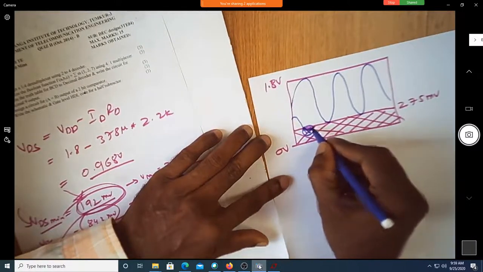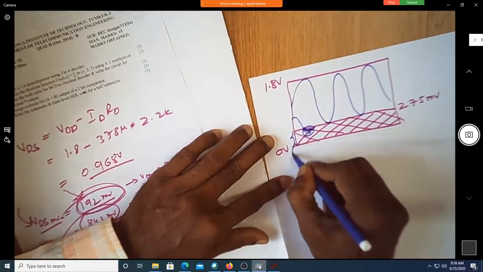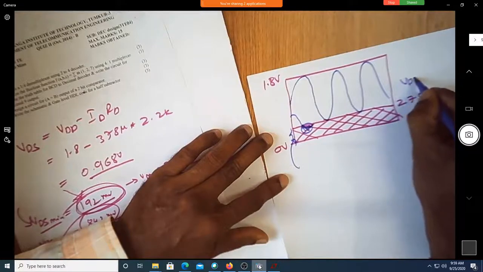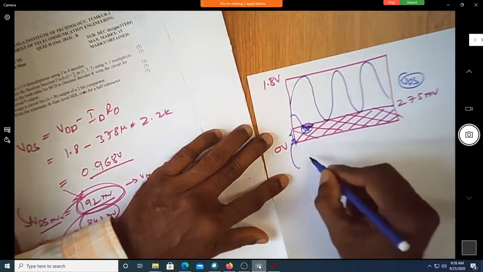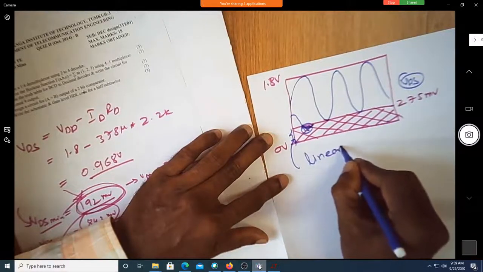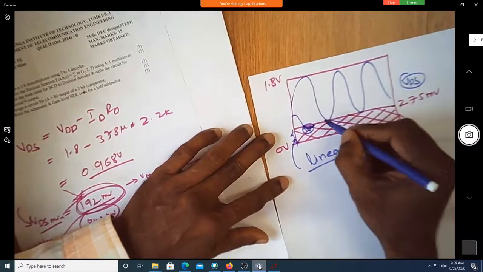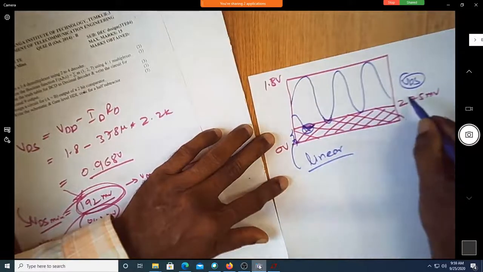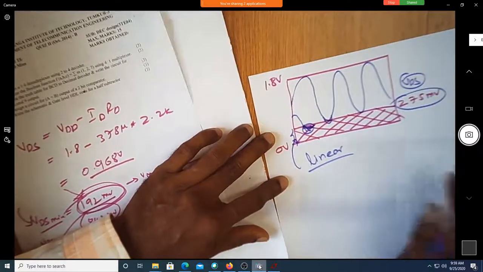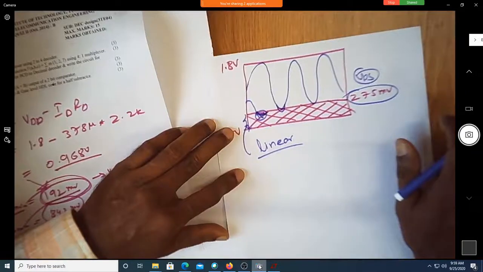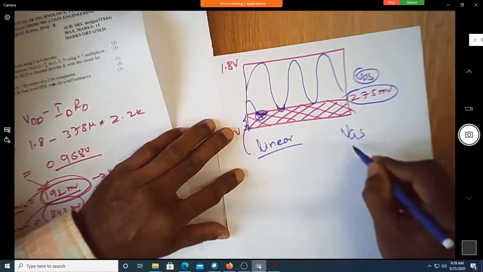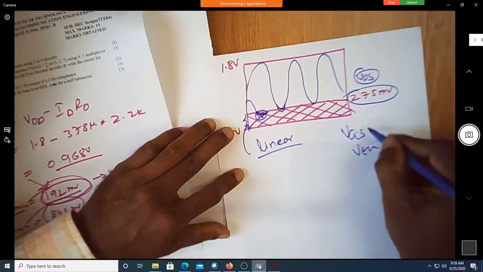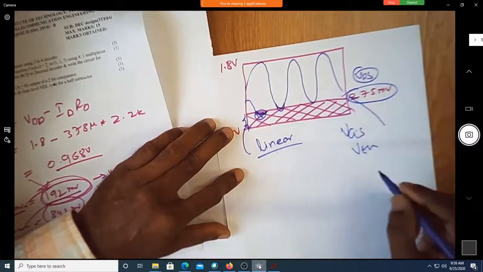It becomes flattened because this is the region for what? The linear region. Yes, sir. If the VDS goes less than 275, it enters the linear region. Make sure that the waveform never goes below this value. In this particular design, it is 275 millivolt. It is not 275 for all designs. It only depends on what VGS and VTH are, because VGS minus VTH will define this value.